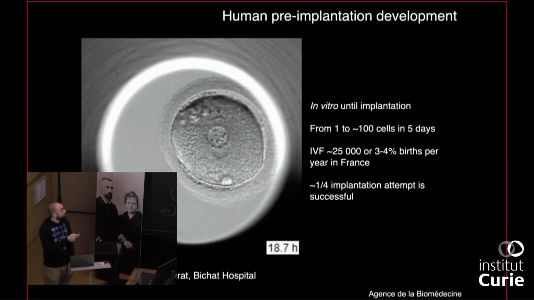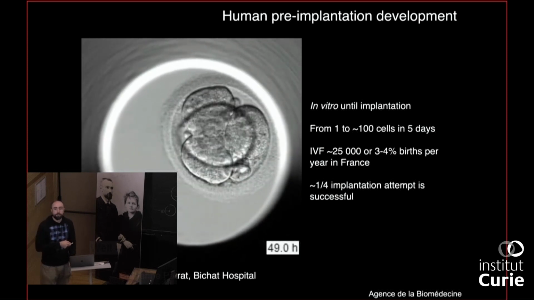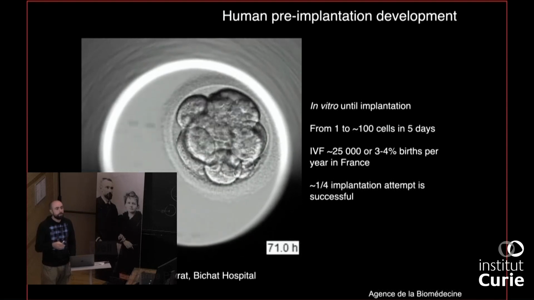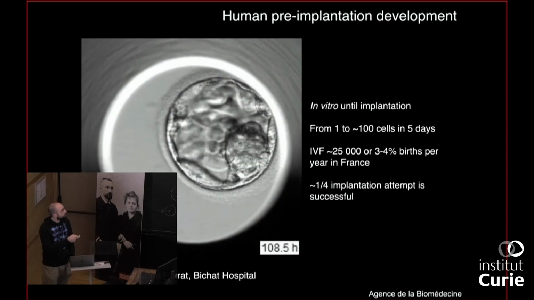And this is what it looks like in a clinic, an IVF clinic, an in vitro fertilization clinic. So the embryo is now a zygote, and it will divide. These are cleavage cell divisions, so division without cell growth. The volume of the cell is just halved every time. And then it begins its morphogenesis. This took about 4 or 5 days. And here you have a structure, which is called a blastocyst.